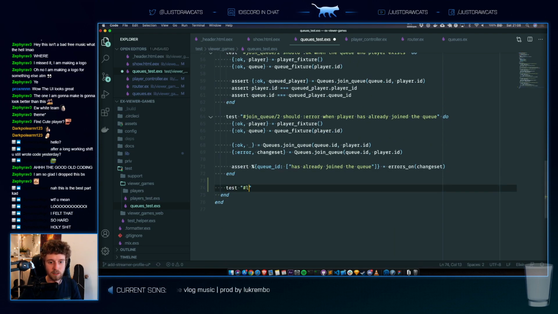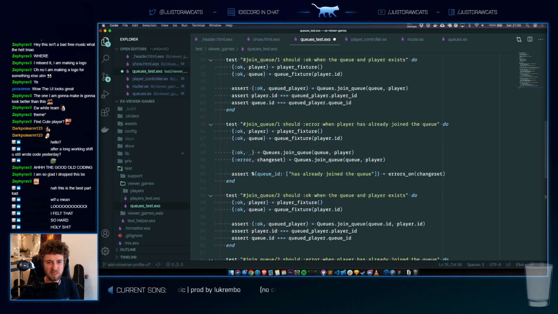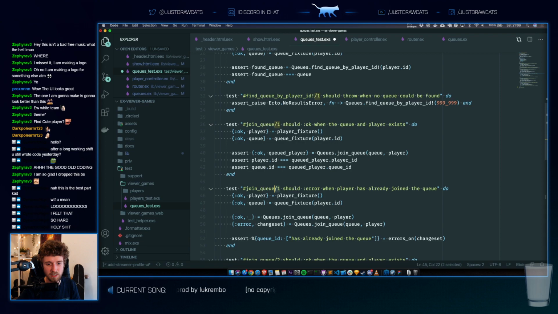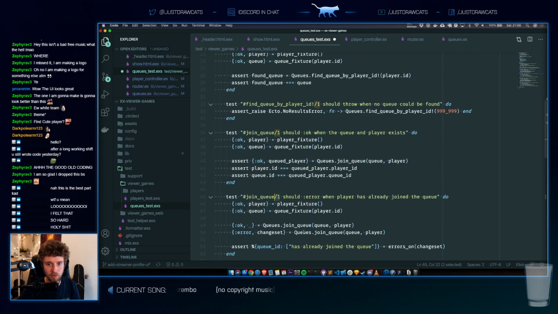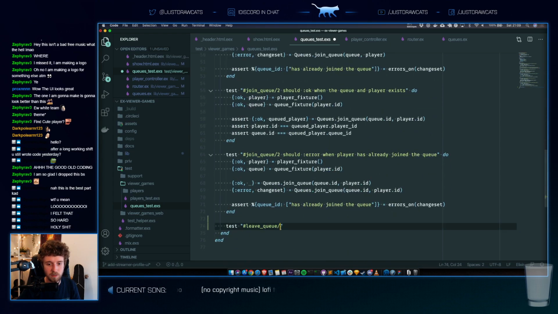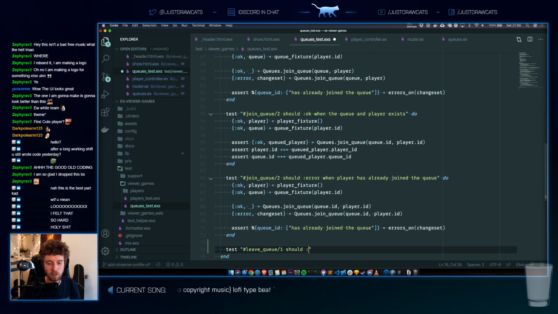Test, leave queue. This is not correct. This is not true. It's okay. I didn't know better. Sure, let's just follow the convention. Should okay when the queue and player exists. Sure.